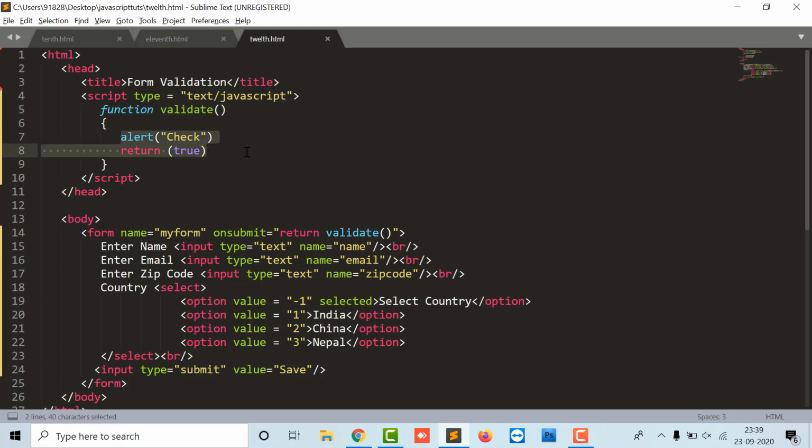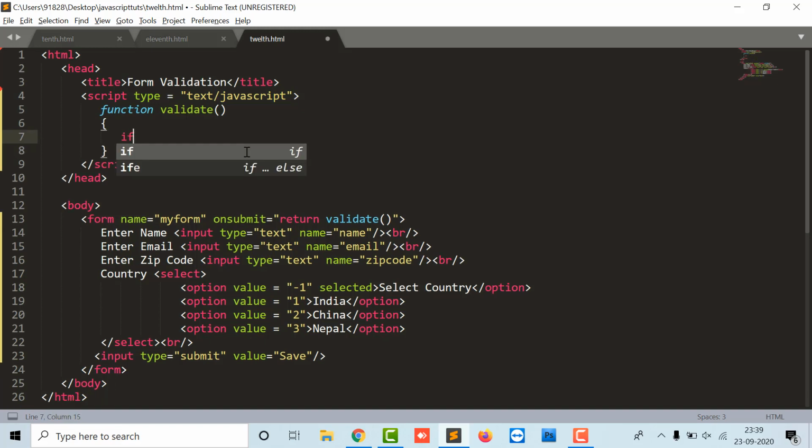This is a very important part: after checking the validation, if my validation does not go properly, then definitely we are returning false. So checking the first validation of name: document is my document and my form is my form name, then name is the text box name, dot value equals empty.